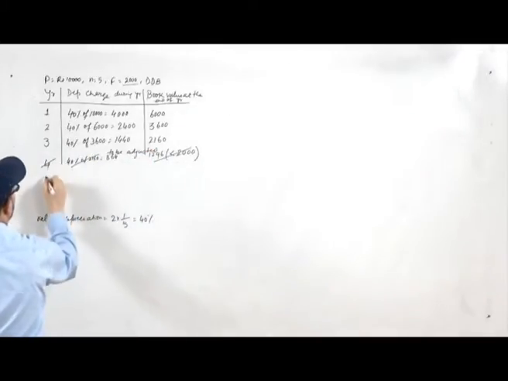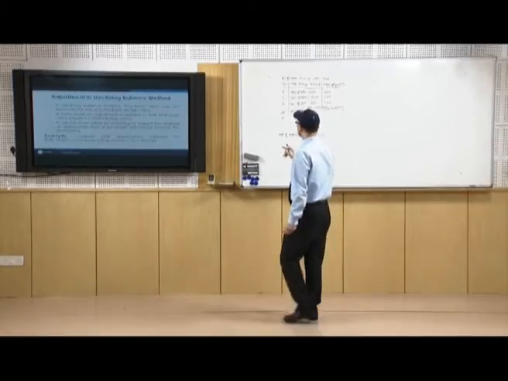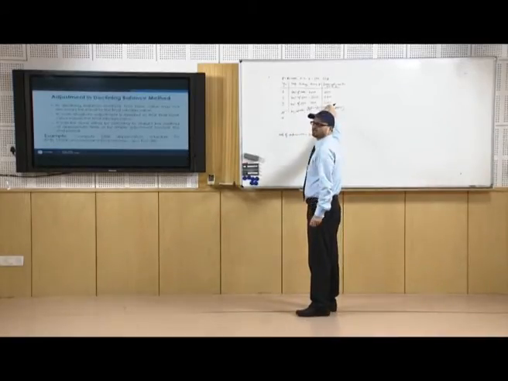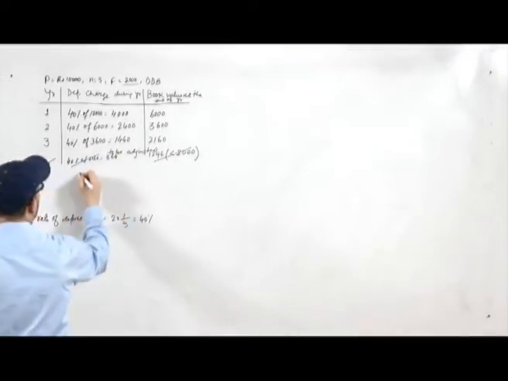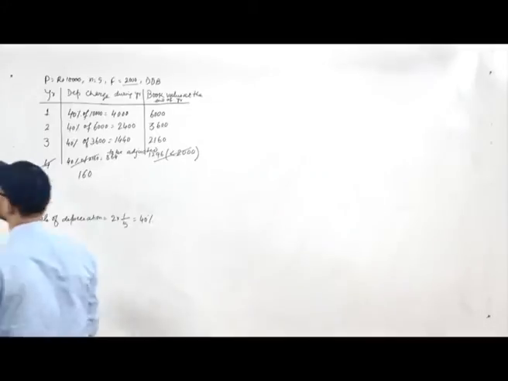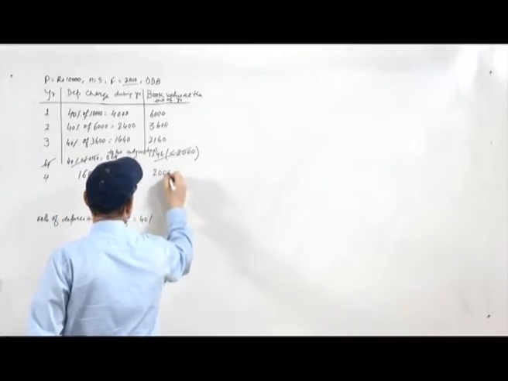So, actually during the 4th year, the only amount which is left is 160, then only you can get 2000. So, in the 4th year your depreciation will be only rupees 160,